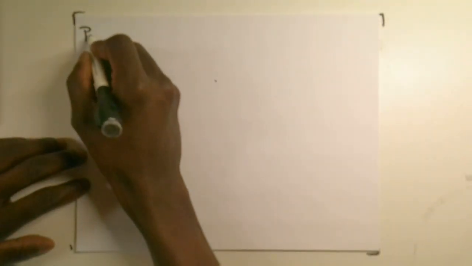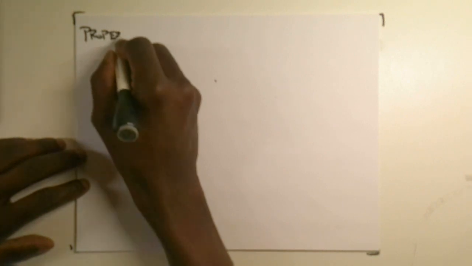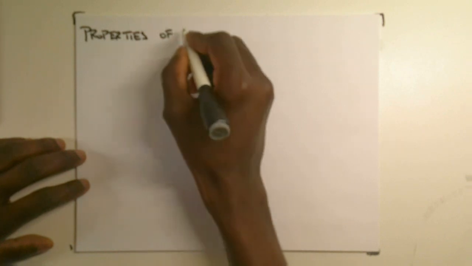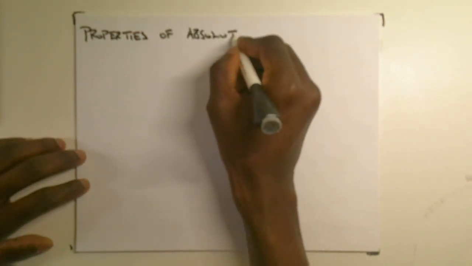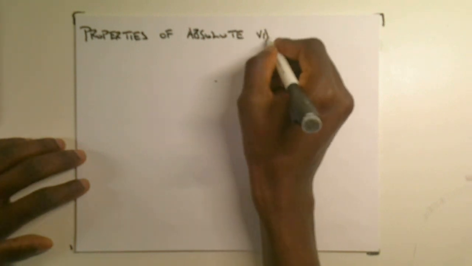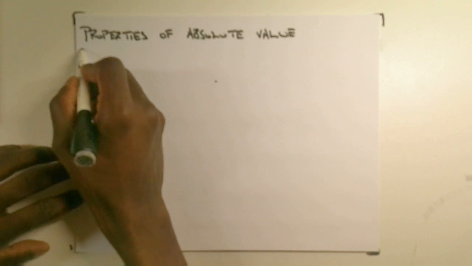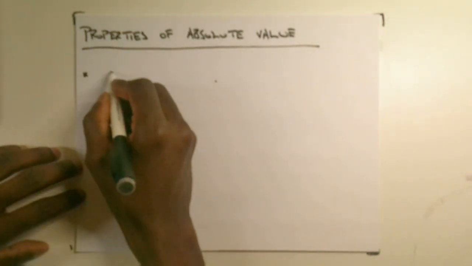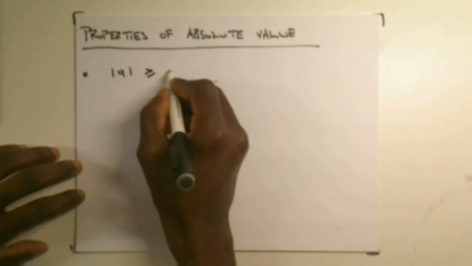So the properties for the absolute value, we will describe them. We can think of the properties as a way of describing the conditions that the absolute value can meet, right? So the first condition is that the absolute value of A is always greater than or equal to